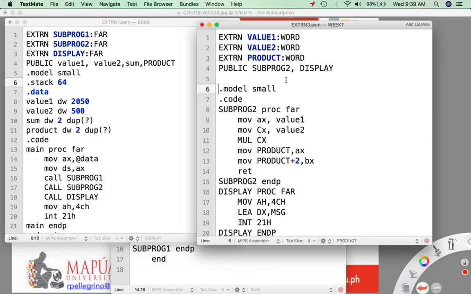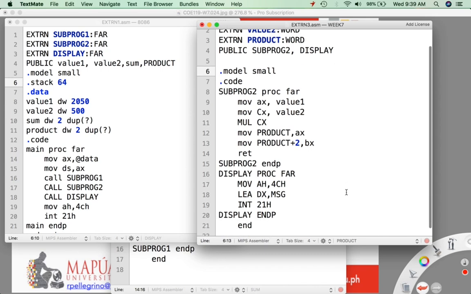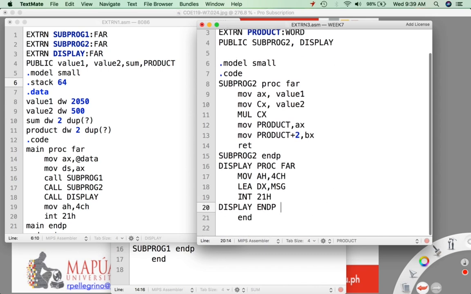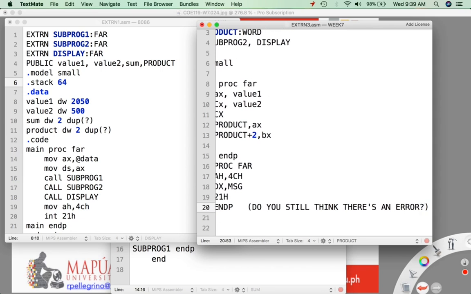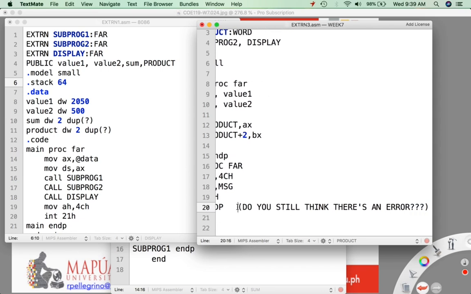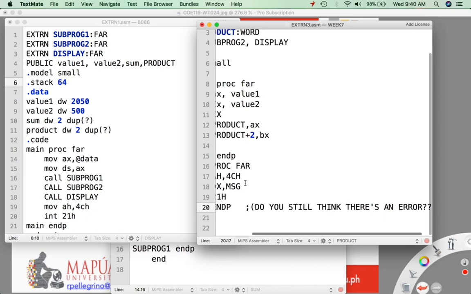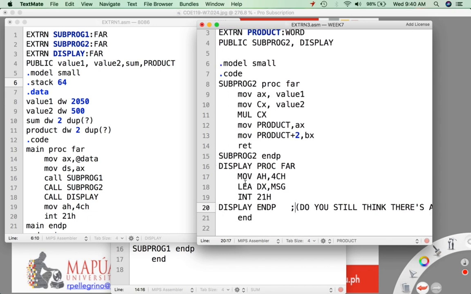I have another question. Will this be enough? As you can see here, we have this given. So do you still think there's an error here? Do you still think there's an error? And what will that be? Okay, so what do you think? Yes, there's still, it has to be the